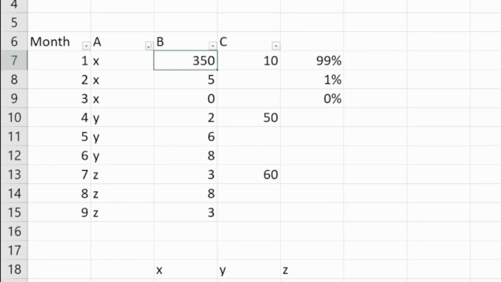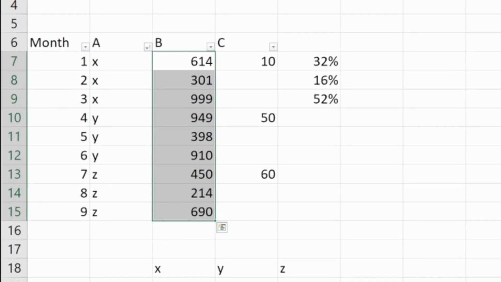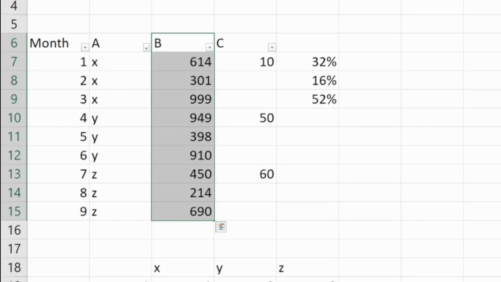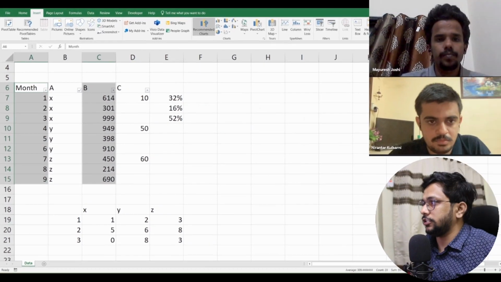Okay, and I'll just press control down, and now we have this, and we will use this also, and then we'll click on recommended charts.